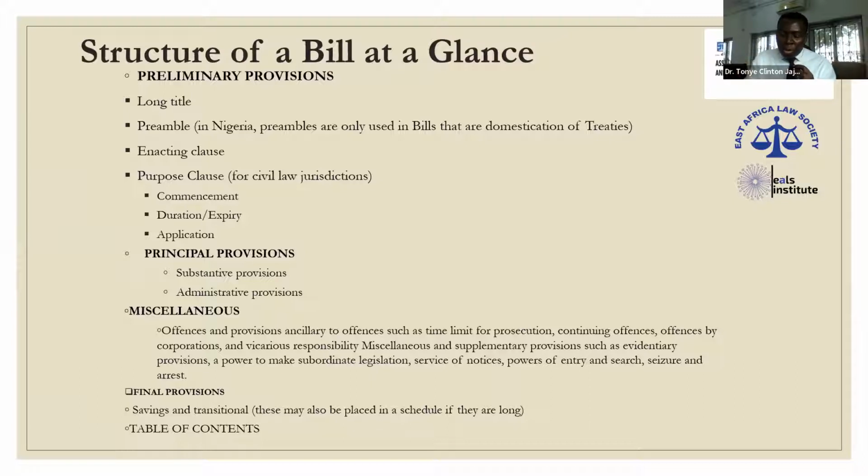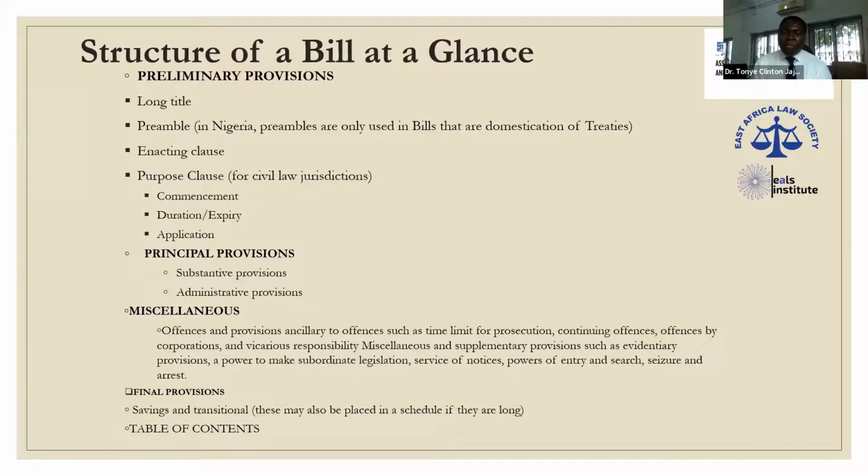Another example is our petroleum law, the 1969 petroleum law. There was no miscellaneous provision for if you apply for a license to drill oil and the minister revokes your license, what is the method of appeal? How were you able to appeal? The law did not provide for it. So these are examples of miscellaneous provisions.